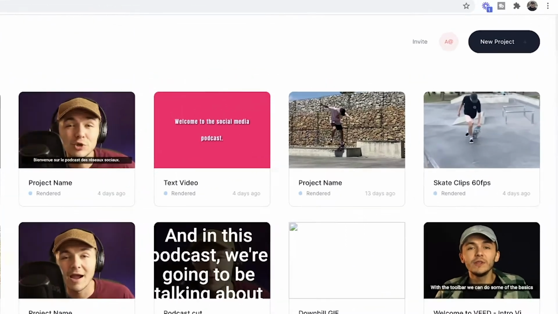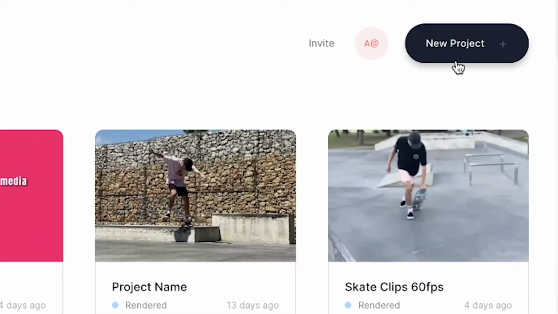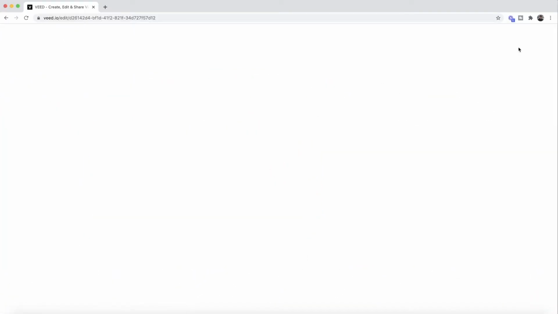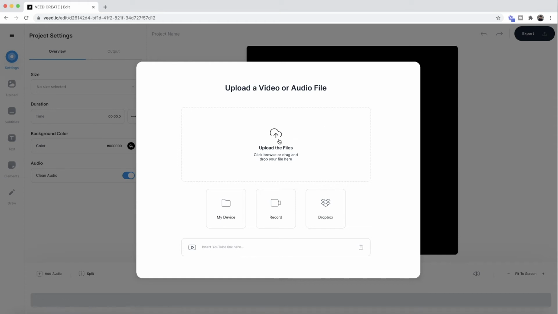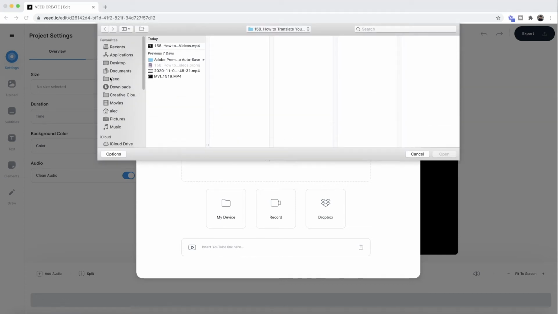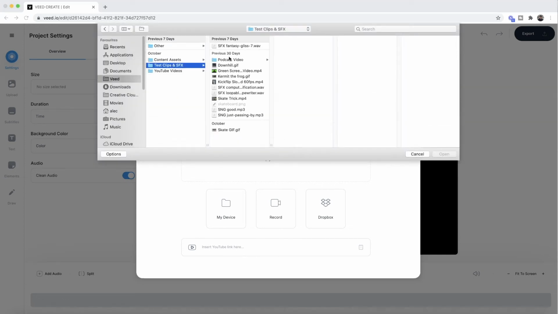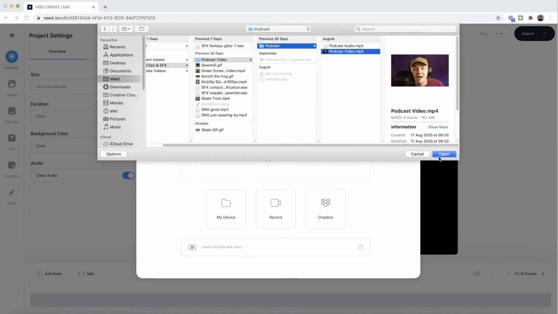So once you're on Veed, the first step is to click the new project button in the top right, and then here we're taken into Veed's video editor, and then we want to click on upload the files, and this is where we're going to select the video that we want to add multiple audio tracks to. So here, as you can see, I have this podcast video snippet, and if I click on open,